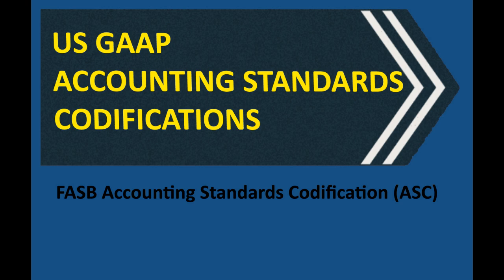Let's break it down, starting with the foundation, those areas and topics. Okay, so the areas, those are the broadest categories of accounting guidance, and there are 9 of them. 9 major buckets. Yep. First up, you've got general principles. That covers all those fundamental concepts. The bedrock of accounting. Exactly. Then you've got presentation, which deals with how financial information is actually presented. Making it all look nice and understandable.